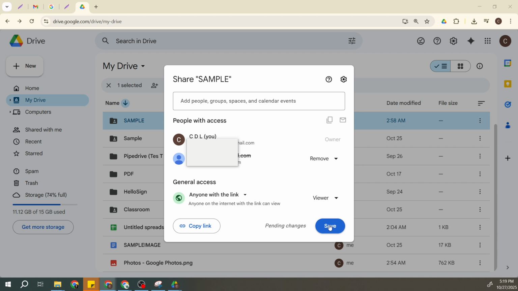And there you have it. Your file is no longer shared with the chosen individual. It's essential to regularly check the sharing permissions on your Google Drive files, especially if they contain sensitive information. Always remember to confirm that shared permissions are correctly set to ensure that your data is only available to people